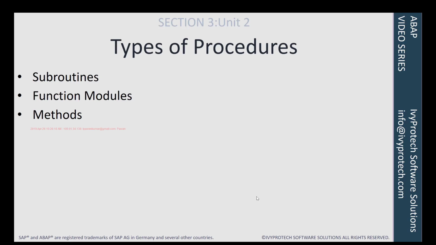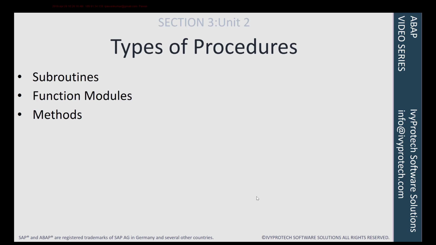So if another developer is looking for certain common functionality and he wants to search for an existing procedure which he can use in his program, the subroutines will be hidden in programs, so he cannot find them unless he exactly knows that there's a subroutine in this program. So even though they can be called externally, since there is no specific library where we can go and search for them, they're useless unless you maintain some documentation in your company listing all the subroutines that you have. So if you are looking for reusability within the program, use subroutines. Or if you want to just modularize your code within the program, use subroutines. They can be used either to modularize the code or to provide some reusable functionality within the program.